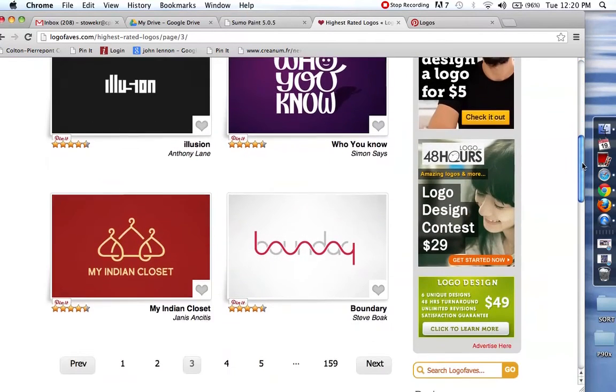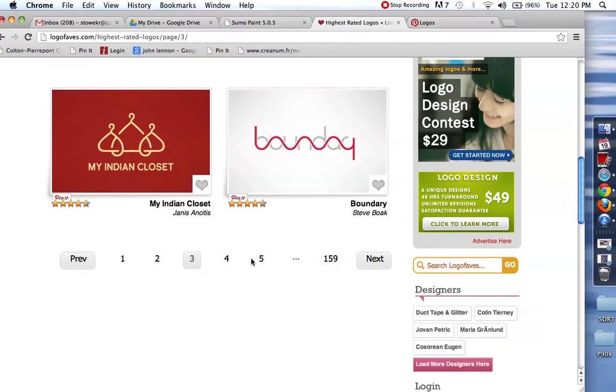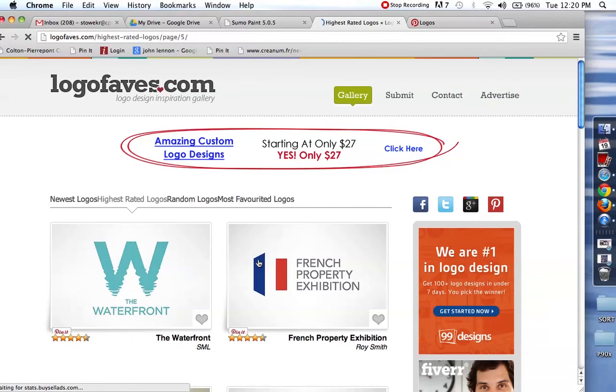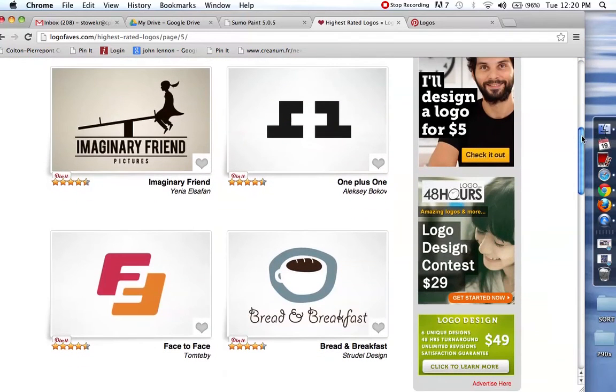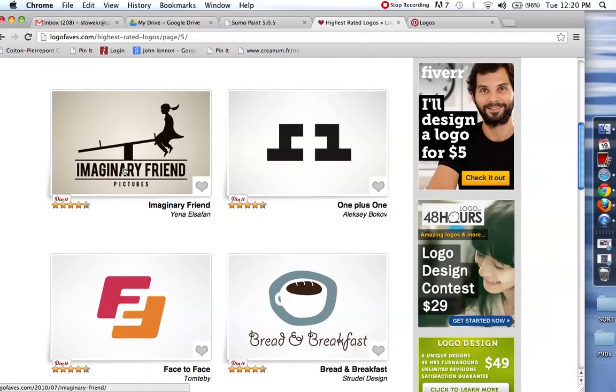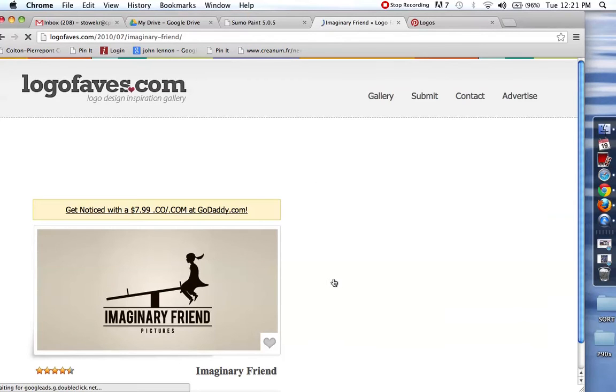So I'm going to scroll through and find a logo just by scrolling down to the bottom and clicking random pages. And this is actually a logo I really like. It's pretty complex, but I actually like the silhouette and I like the story it tells. Imaginary Friend Pictures. Obviously, it's implied that someone is sitting here holding her up, even though there's no one there. So I like that story. So I'm going to open it up, click on it,